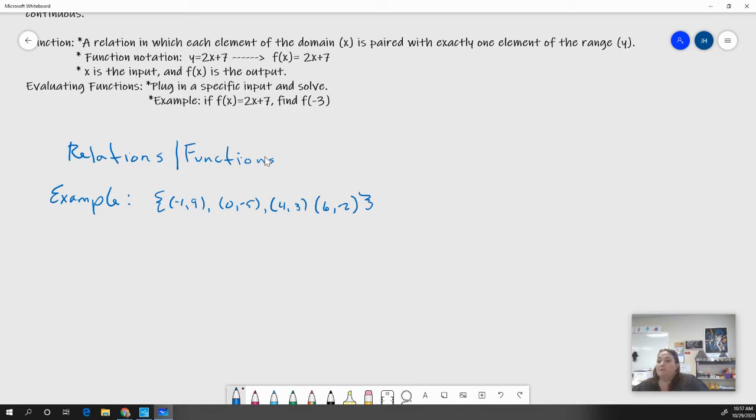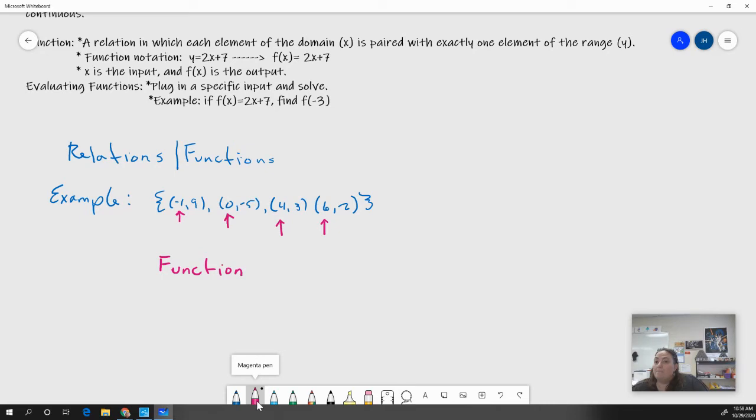And if we want to know whether it's a function, here are the things that we need to look at. The first thing we need to look at are x values. Do any of them repeat? In this case, none of them repeat, right? So I can say right now that because my x values are all matched up with a y value, each one has a y value, none of my x values repeat. So I could say that this is a function,